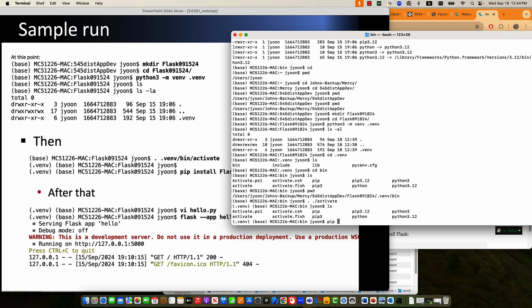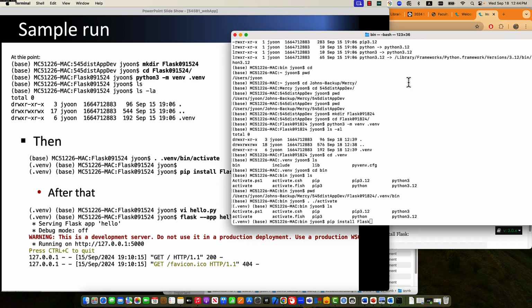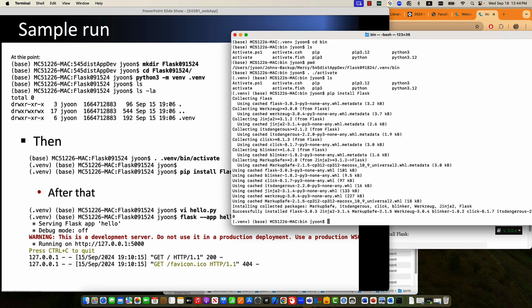So you need to do pip install flask. Is it the right one? Yes. Hit enter. No errors. Successfully installed Flask 3.0.3, Jinja, MarkupSafe,